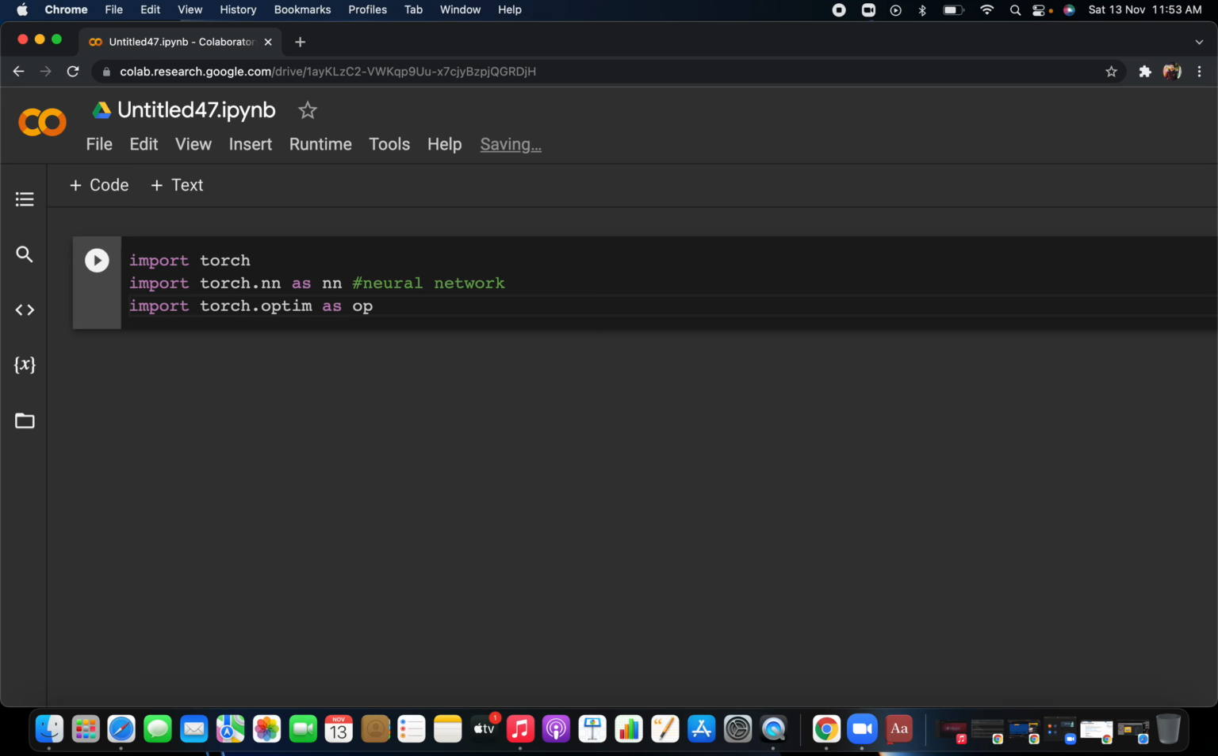Here you are just importing the basic libraries, and I'm just explaining the basic concept of this. Here you are writing optimizer. This is the optimizer. Then after that I will explain, and you have to